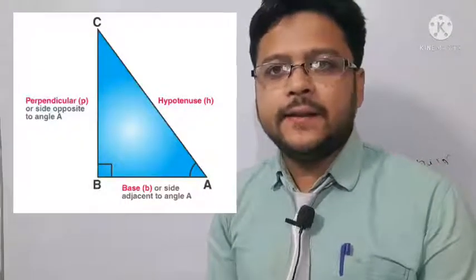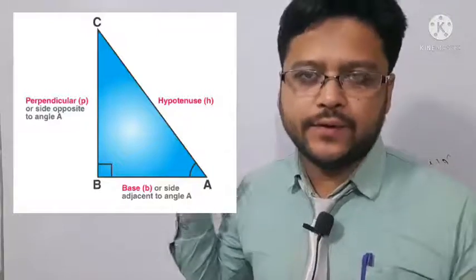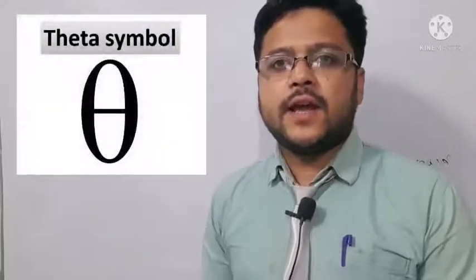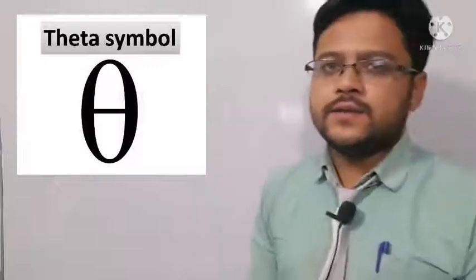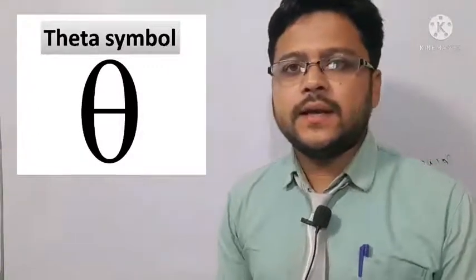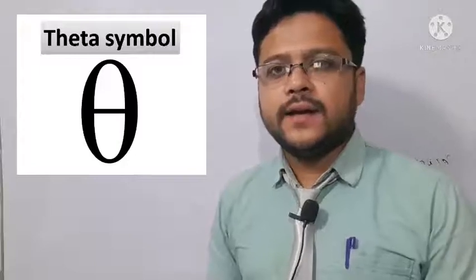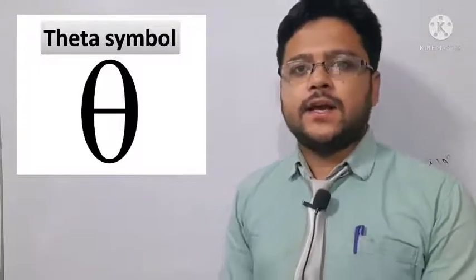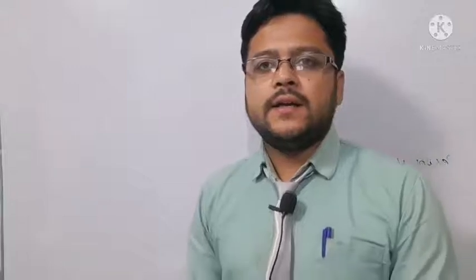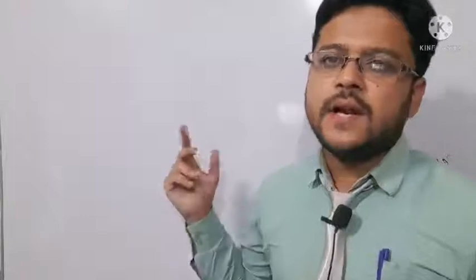We know that in a right angle triangle there are three sides, namely base, perpendicular and hypotenuse. In the concept of trigonometry, the most important thing is theta, which is an acute angle. Theta is a Greek letter, like alpha, beta, gamma and delta. Theta depends on which is perpendicular and which is base. And hypotenuse, you know that the side opposite to the angle under consideration is always hypotenuse.